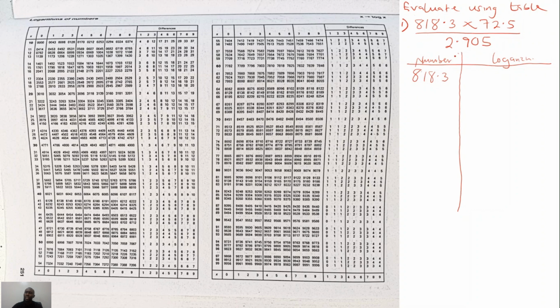818.3. If we are to express it in standard form, we'll be counting these points, 1, 2, meaning that the logarithm of this number will be 2 points something. Now, what is that thing? This 2 is the characteristic. Now, what will be the mantissa of the logarithm of this number? We are going to go to the four-figure table and check